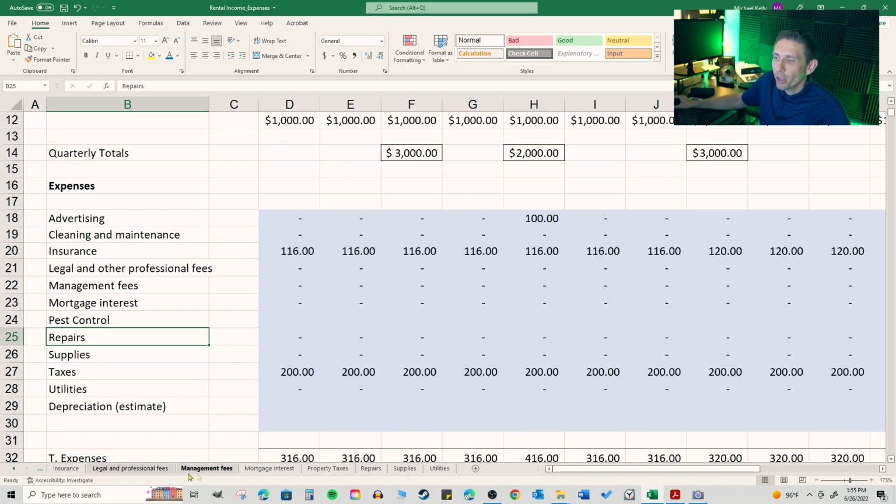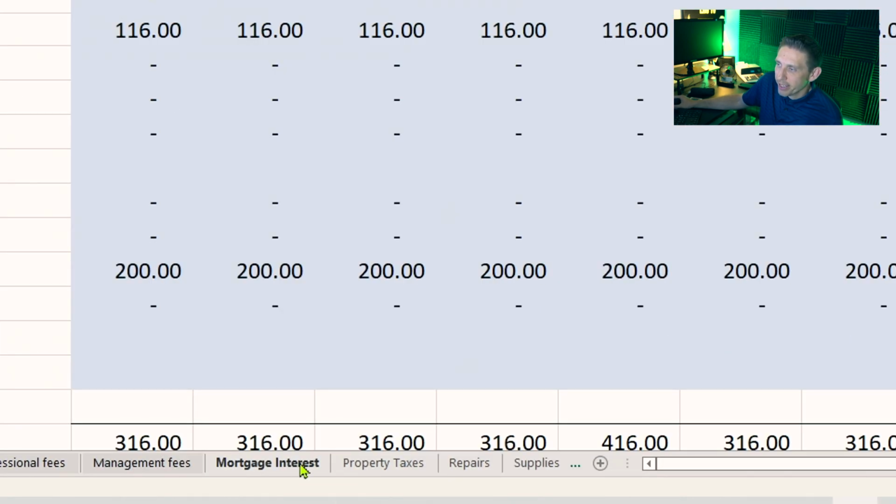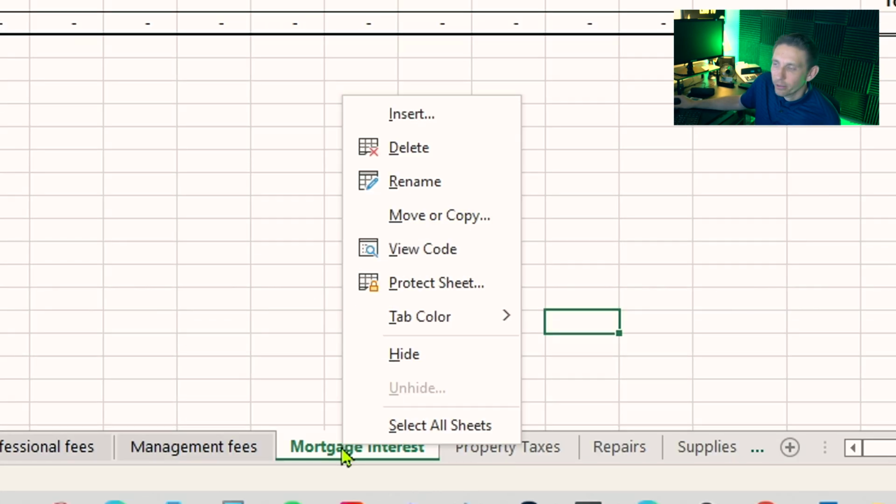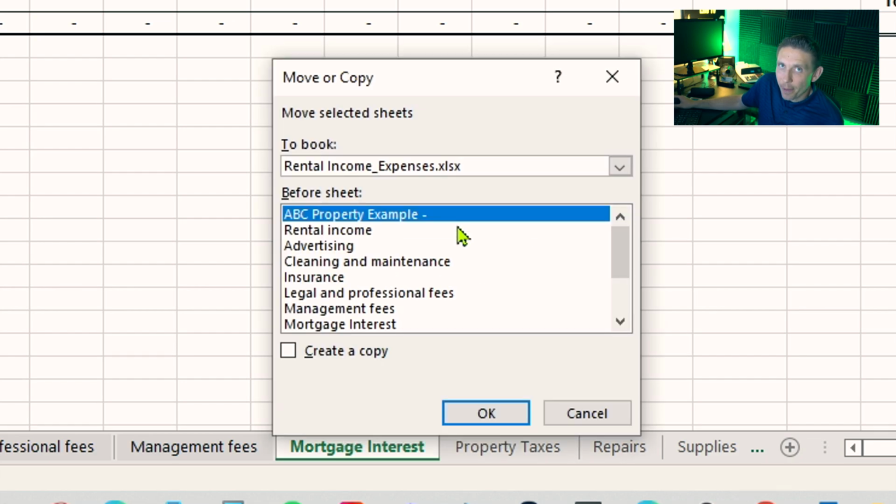Well, very simply, all you need to do is just copy one of these other tabs. If it's an expense, copy an expense tab. If it's an income account, copy an income tab. Let's say we want pest control to be right around here, right after mortgage interest, so it's in line with this. So I would right click on mortgage interest, select move or copy, and what you want to do is